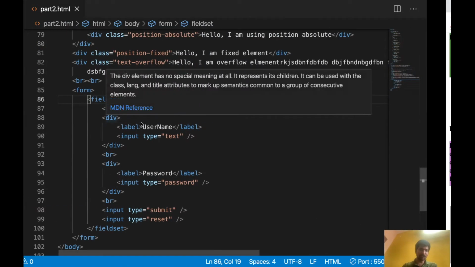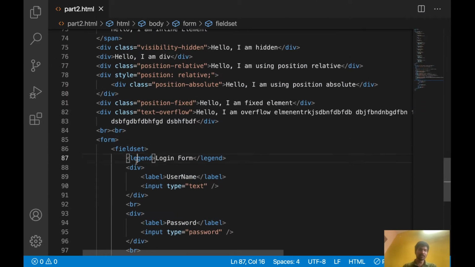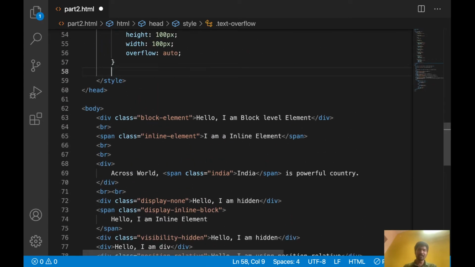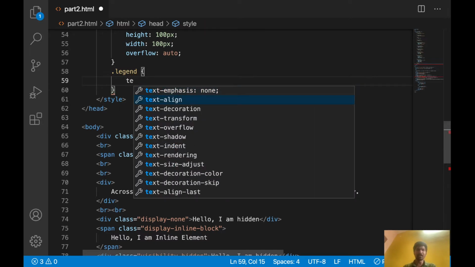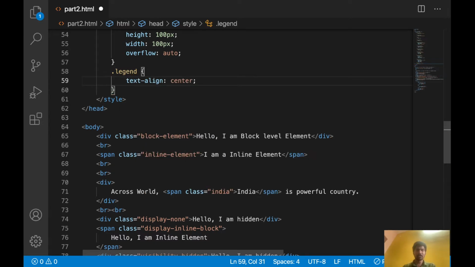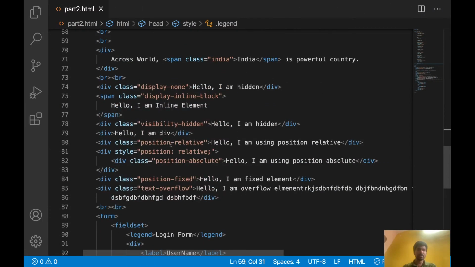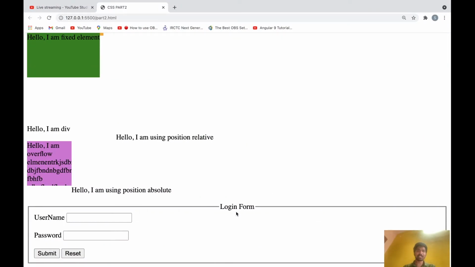So if I want to put this one in the middle, you can give text-align center for this element, and the text will come to the center. Now see. This is not a class, so I just used the element tag. See, it is coming like this.